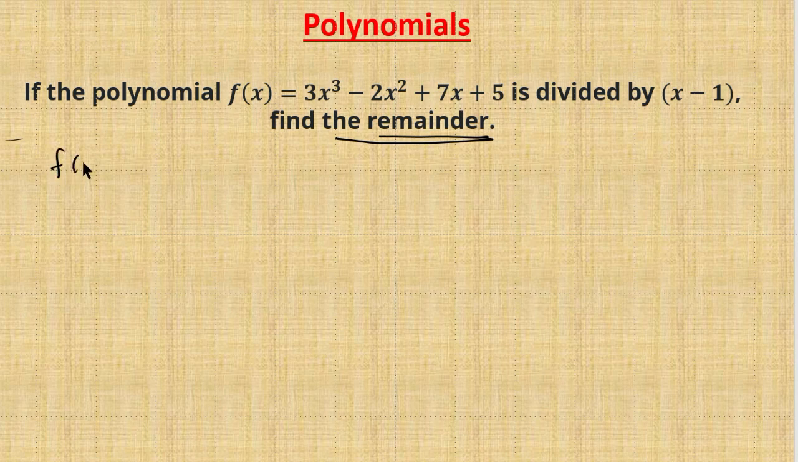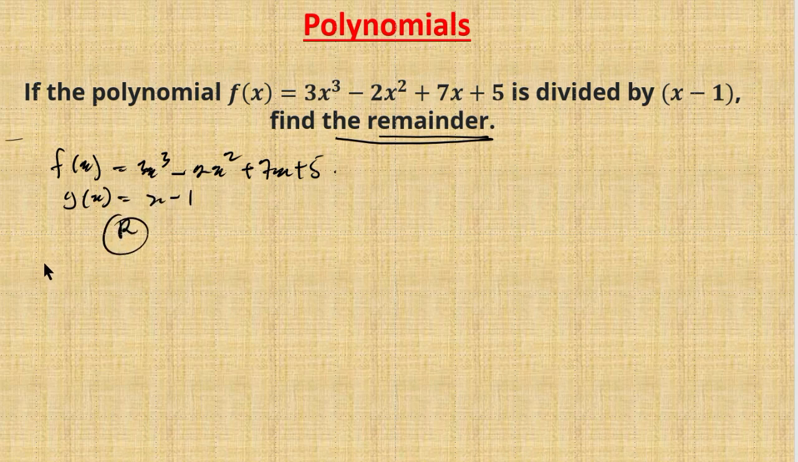If I'm given the function f of x equals 3x raised to power 3 minus 2x squared plus 7x plus 5, and it's divided by this other function, let's call it g of x, which equals x minus 1. Now I'm to find the remainder. Easily, I can equate x minus 1 to 0, so that x now equals 1. Then I'll substitute for x in this function, and the result will be the remainder